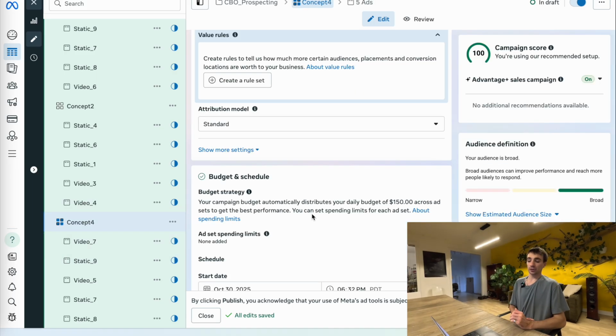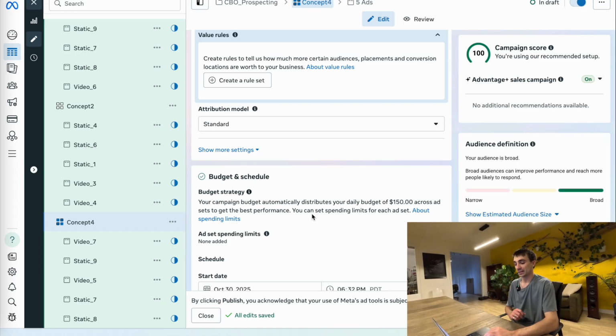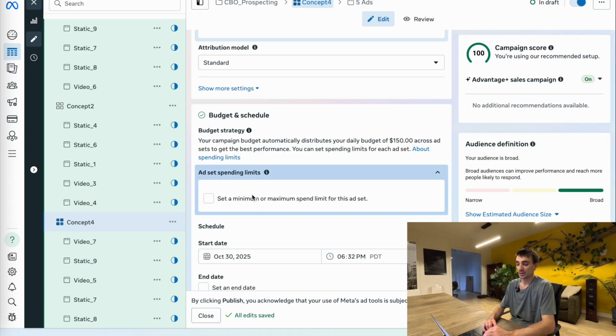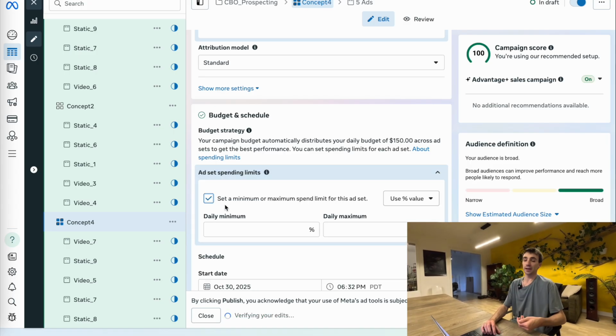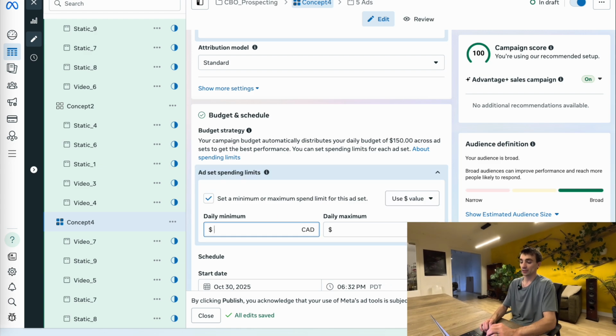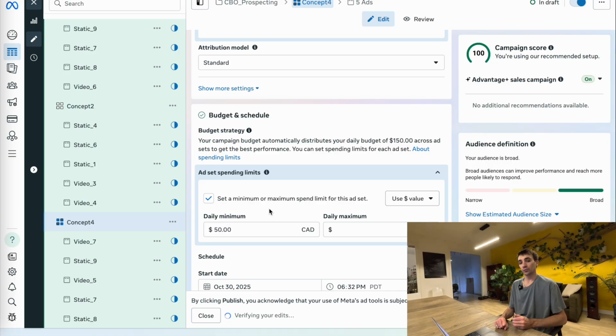What I would then do is I would actually go under the ad set settings and set a minimum ad spend limit on this ad set. So what I would do here is go under ad set spending limits, click here, and I'm going to set a minimum ad spend limit of my CPA. So let's say my CPA is currently at $50. What I want to do is I want to change this to a dollar value and set a minimum of $50. I am doing this because if I don't do this, what often happens is under a CBO, your winning